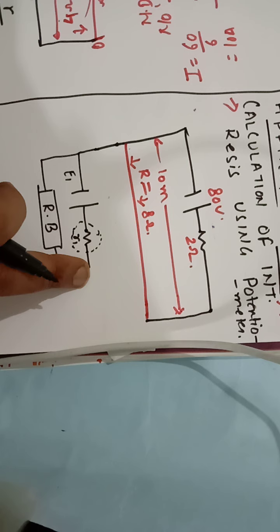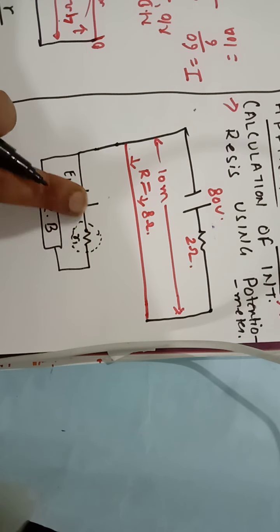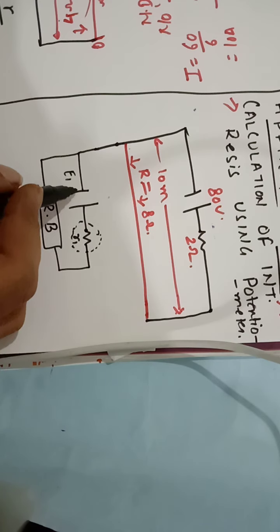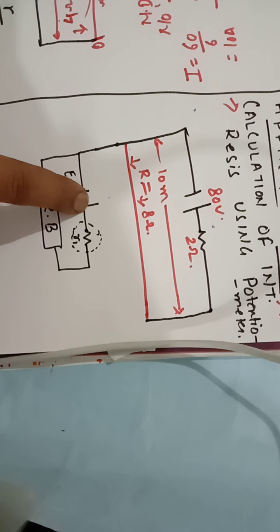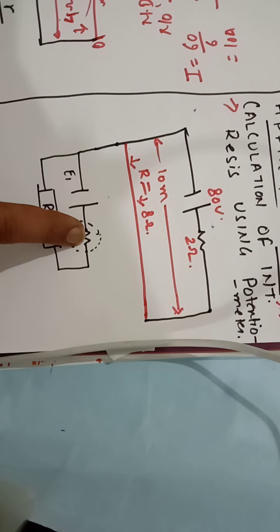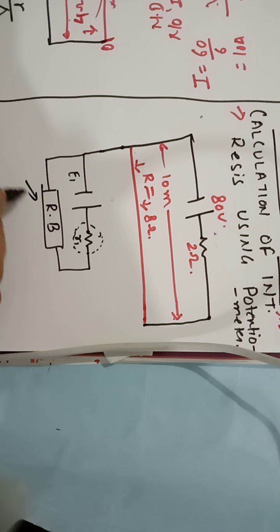So we will connect a resistance box in parallel to this branch, right? This R1 is actually inside this E1, but to represent it in the circuit diagram we show it external to the cell. We can understand that it is internal resistance, the resistance which is internal to the cell. Despite that, we show it outward of the battery to represent it and to calculate mathematically what's going on. So we have inserted a resistance box. The value of the resistance box is always known, right?